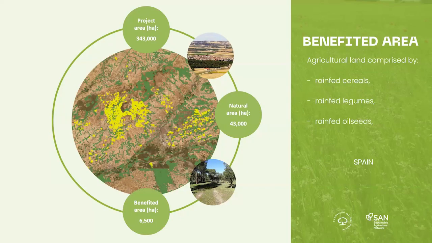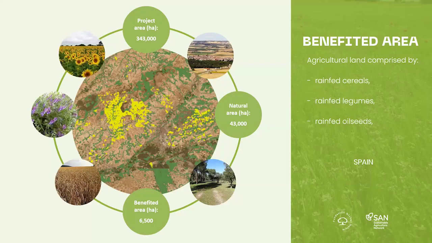Within this landscape, we have the possibility, and we did for the past 5 years, we worked in these surfaces. So that is the surface covered by arable crops of the farmers that we work with. The surfaces in yellow are comprised of rain-fed cereals, rain-fed legumes, and rain-fed oilseeds. Okay? And they are scattered throughout the territory, as I said before. Agriculture sometimes is not just a homogeneous space. The plots are scattered, and we need an approach that is able to comply with that circumstance.